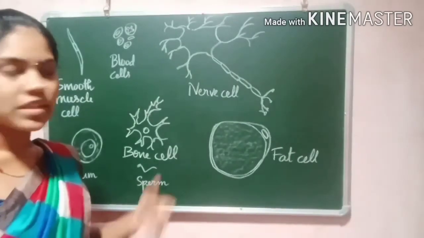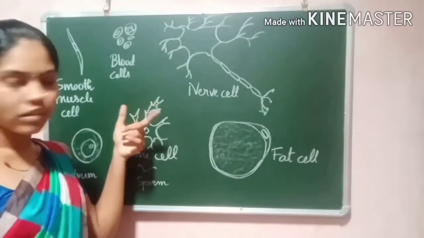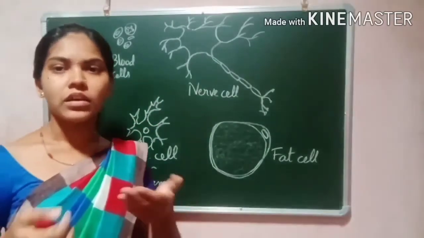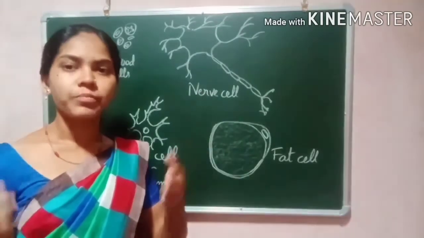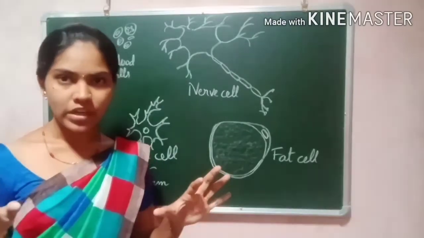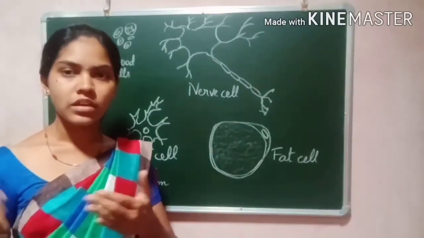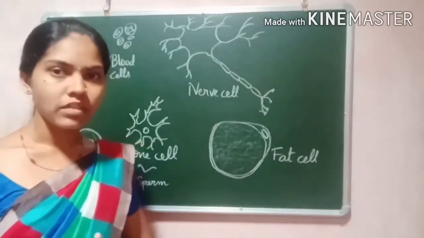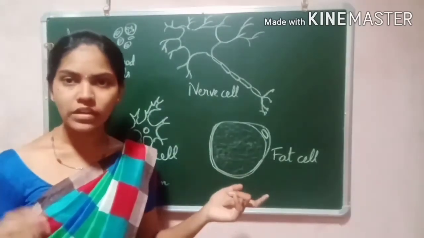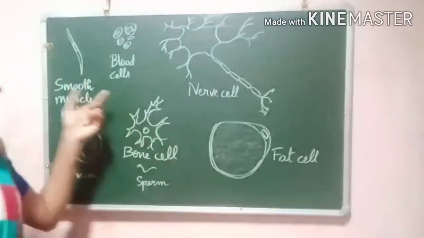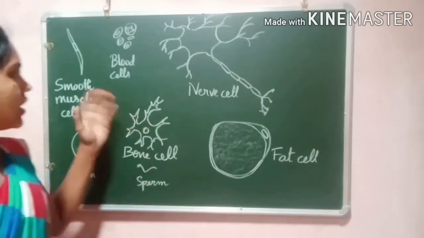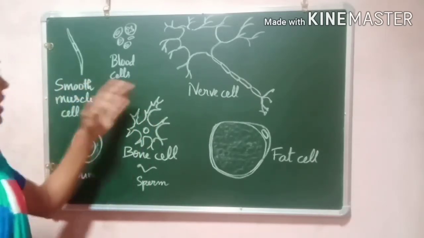Some organisms have different kinds of cells because the structure is complex and there are various parts. A single cell cannot manage all the body functions. That is why they have various kinds of cells in order to carry out the different body functions. These are the different kinds of cells found in the human body. The function of each cell is different.